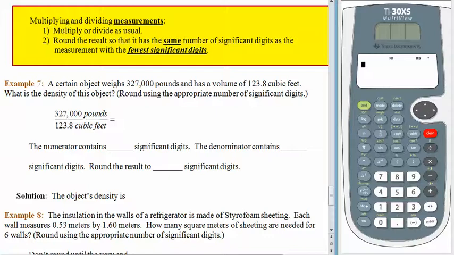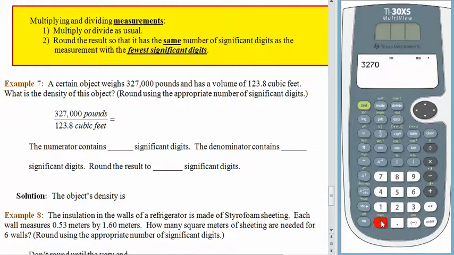So let's see what happens here. We have an object that weighs 327,000 pounds and has a volume of 123.8 cubic feet. We'd like to calculate the density of the object. We know that 327,000 pounds is a rounded value. We know that 123.8 cubic feet is a rounded value. Nobody could know either of those values out to an infinite number of decimal places. So here we go. Let's just divide